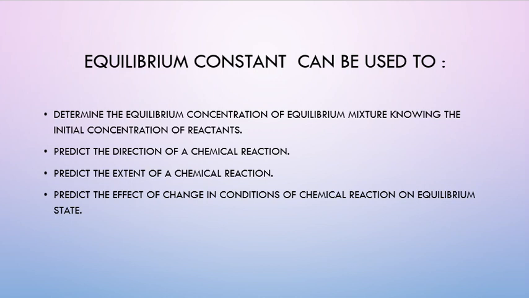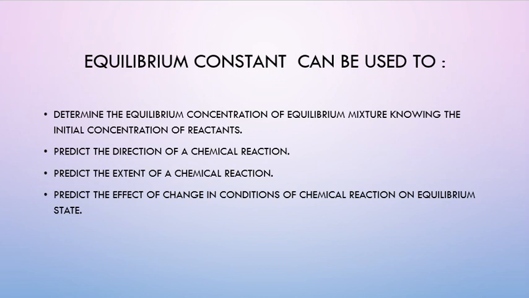If we know the initial concentration of reactants when the reactants are just mixed to carry out the reaction, then after different intervals of time, when the reaction has reached its equilibrium state, we can easily determine the concentration of reactants and products